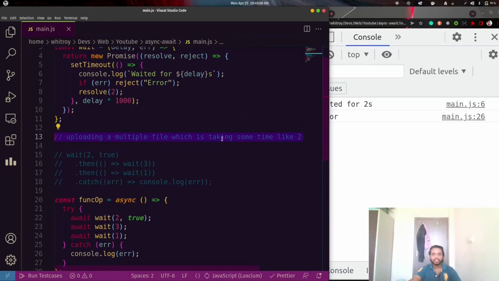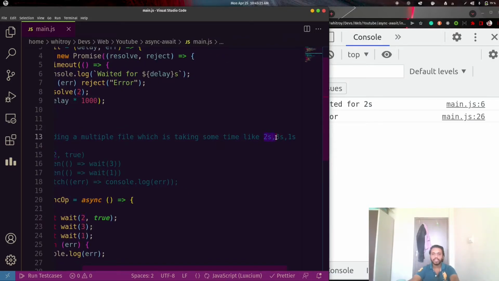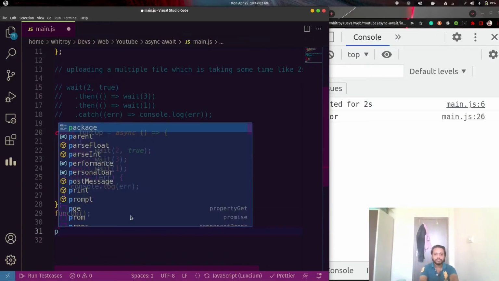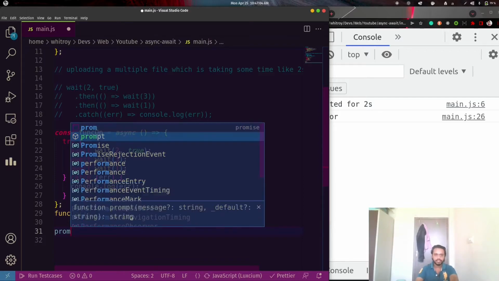While uploading, the order of the files doesn't matter, so we can batch them and do parallel processing here, uploading this file independently, this file independently, this file independently. So here we can batch these multiple files. How can we do parallel processing using promises? We have something like promise.all.